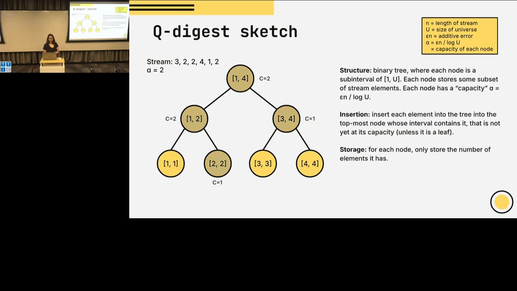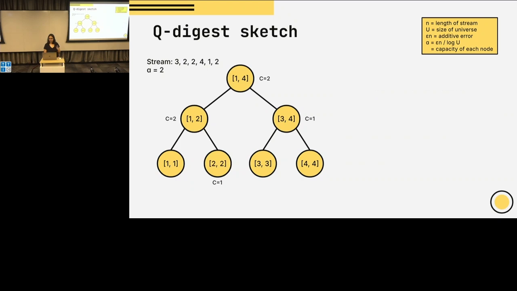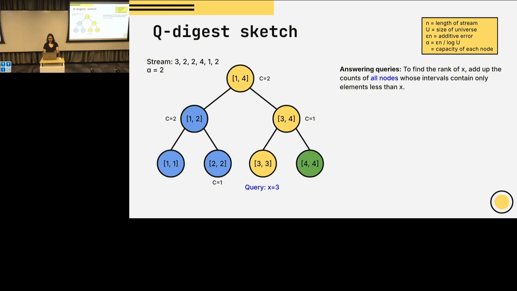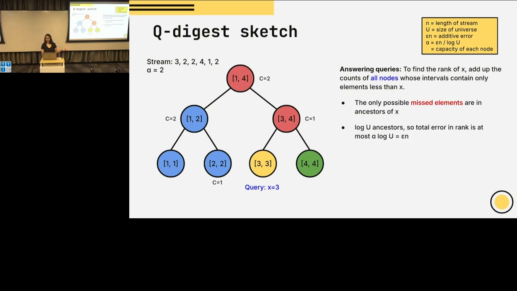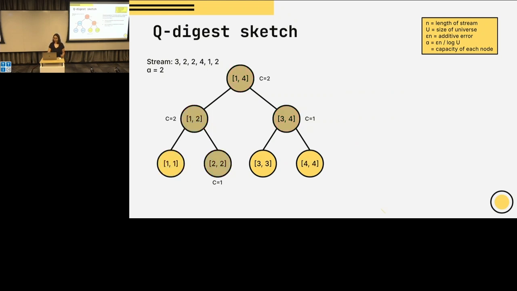Yeah, so the statement of the algorithm makes sense now? And does the reason that it works make sense? So the reason it works again is because we have these blue and green nodes. The blue nodes are definitely less, the green nodes are definitely more. The only uncertainty is on the red nodes. And the red nodes, there's only log U of them, and there can't be too many elements per node, so that's how we get our error bound.